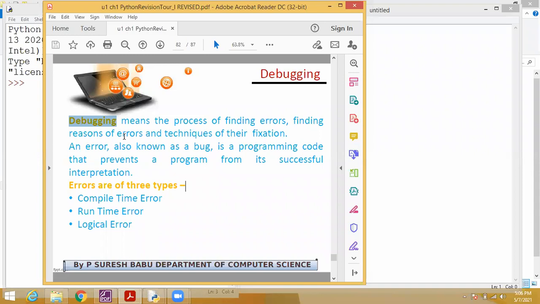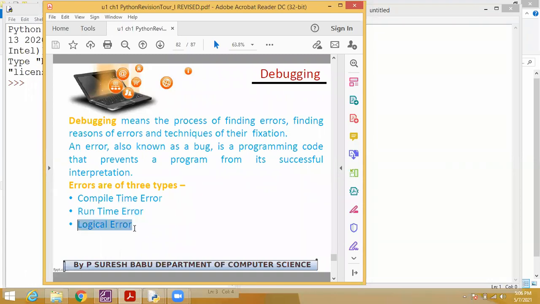This is called debugging. Okay, then we have three types of errors. That is compile time error. This will not execute the program before correcting the error. It will show the error during the execution itself. Runtime error means while giving an input we can find errors. Yesterday I told you all the theory concepts. Today I will show you some error types in the IDLE software.